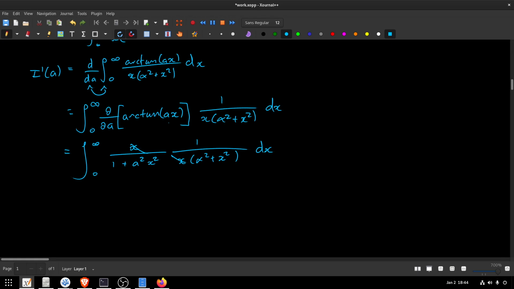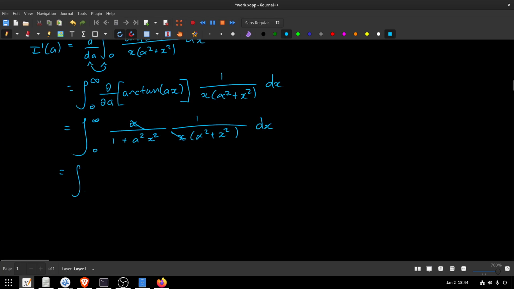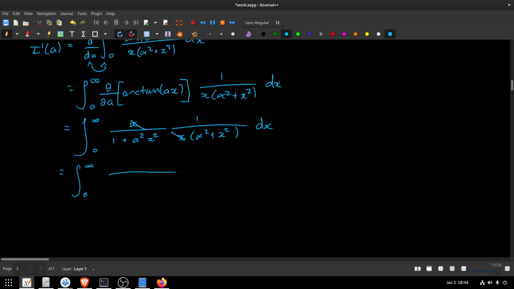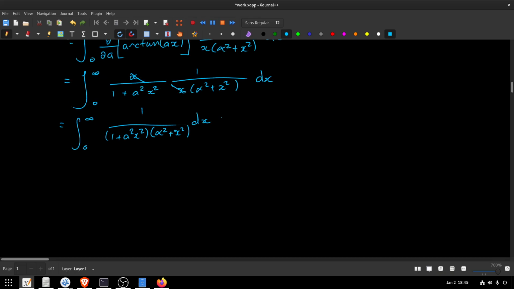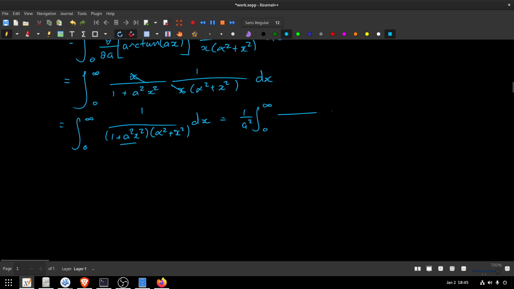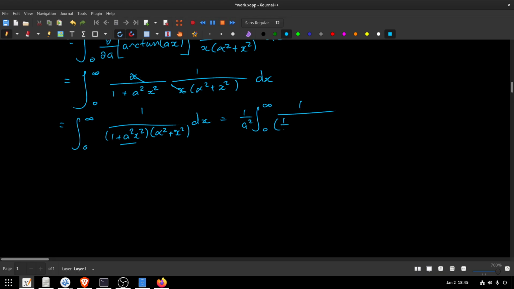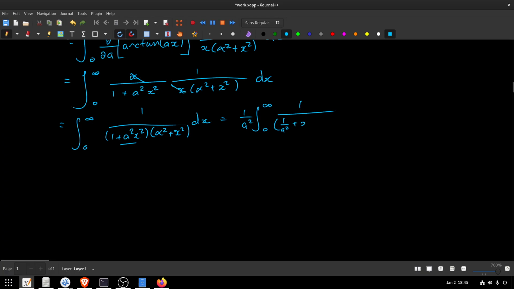Nice cancellation going on here, and we can go ahead and write this as 1 over 1 plus a squared x squared times alpha squared plus x squared dx. And what I'm going to do quickly is pull out this 1 over a squared from here as a constant. So this will just become 1 over a squared times 1 over 1 over a squared plus x squared, and then this is unaffected